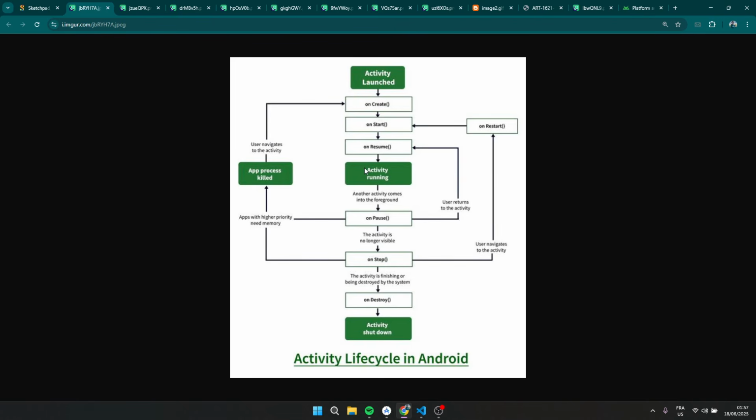Now the next thing that I want to talk about is intent. So what is an intent? The question arises when you ask yourself: we talked about the components, and we saw the stack that Android has.